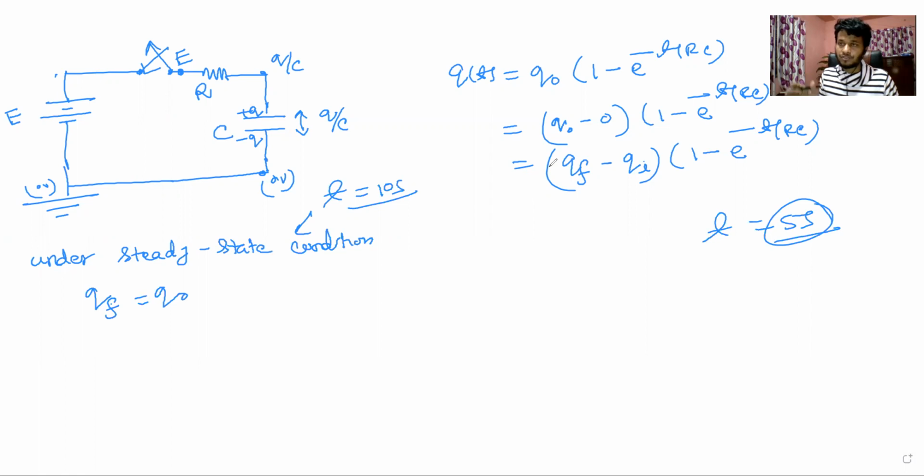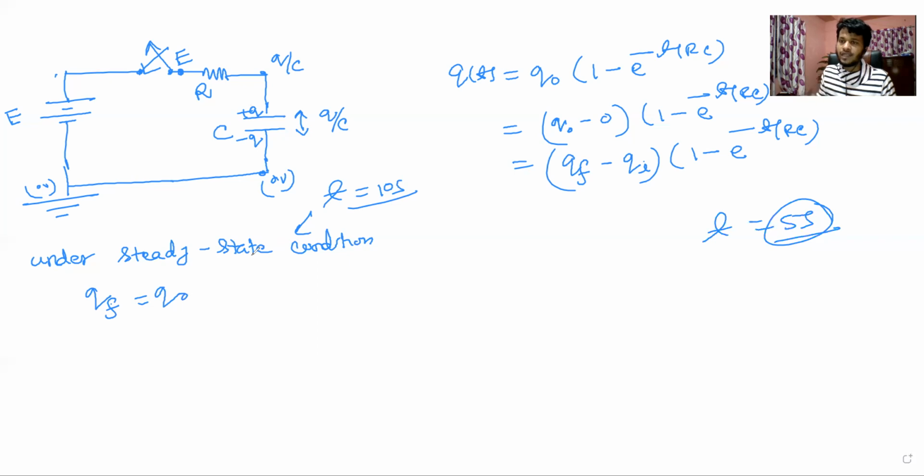Have you understood my question? Suppose the steady state condition is reached at time t equals 10 seconds. You might get confused. You said that at time t equals infinity, steady state will be reached. I told you that we don't know when the steady state condition will be reached, so we write t equals infinity.